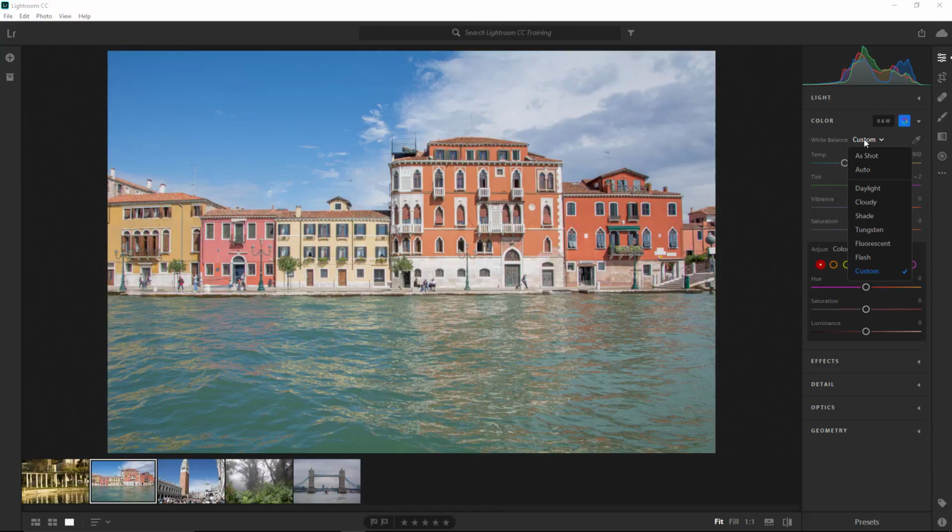Lightroom CC provides you with white balance presets that can help you to easily remove a color cast. In other words, to neutralize the grays. You want to make sure that there are no color casts on the neutral grays so that the photo looks natural. I have an image here that has a pretty bad yellow color cast. So let me show you how this control works with that image. I'm going to select it from the film strip.